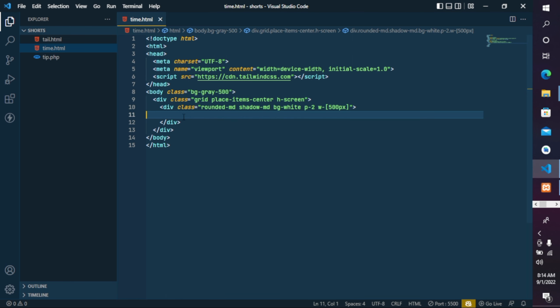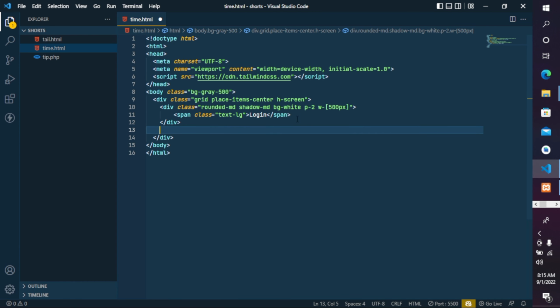Basically we have that. Then at the top here we can go ahead and do a span, then text-lg, and write Login. So it indicates that this is a login form. Then under there, we want to go ahead and have a div that will host our username and password. So a div, then inside that div,